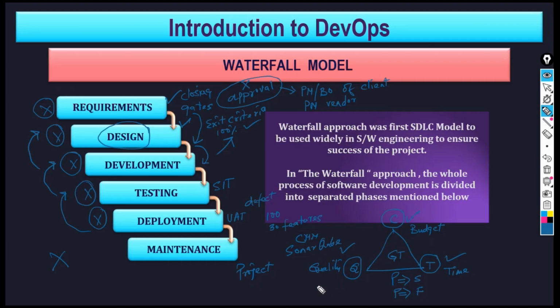If you are outside that quality level by, say, 10%, your product will be discarded. So you have to ensure the quality, you have to be within the budget, you have to be within the time frame. If all the three parameters are fulfilled, your project is successful. If any one of them or any two of them or all the three of them fail, it is a failure.